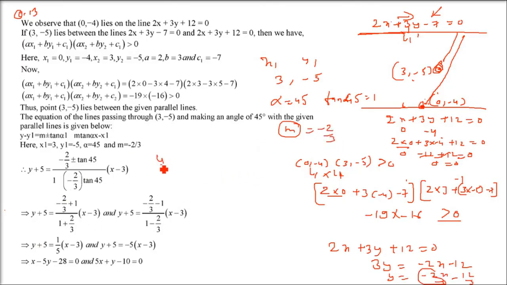Okay, you know everything now. So y minus y1 equals (x minus x1) times (m plus minus tan alpha) divided by (1 minus plus m tan alpha). All values I told you, just put them here, these two equations will come. In place of m, put -2/3, in place of tan 45, you put 1. So this is all about this exercise. Thank you so much and take care of yourself.